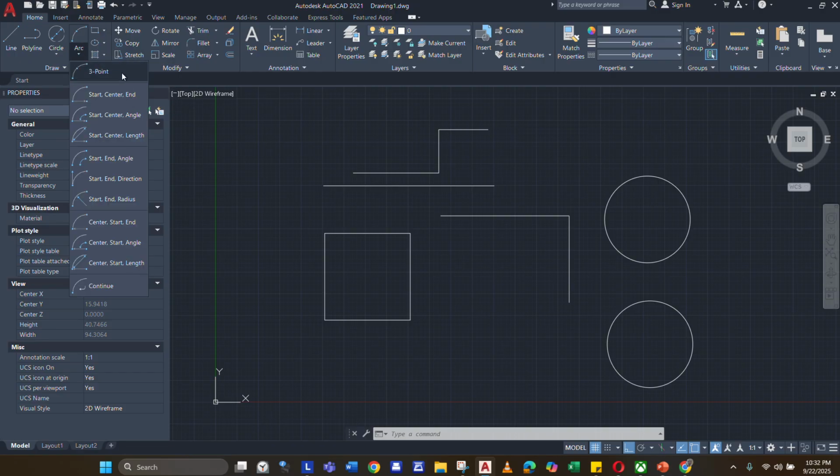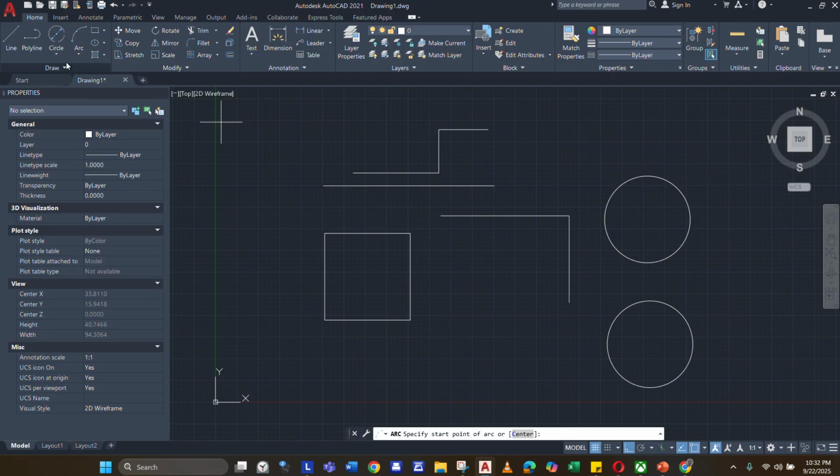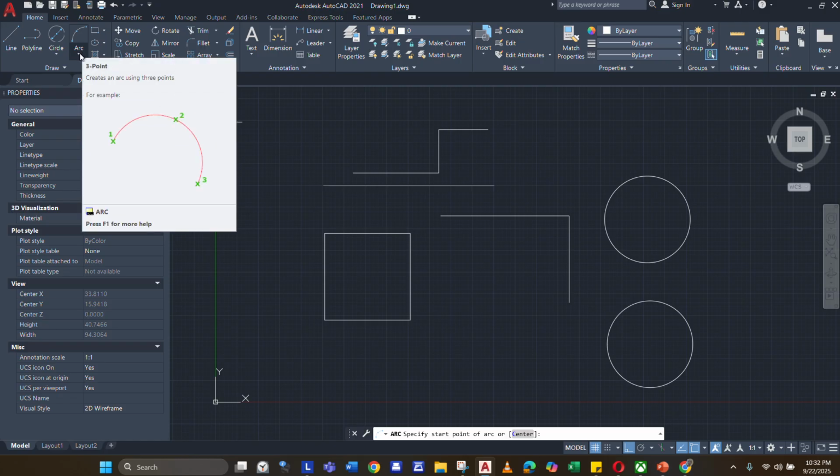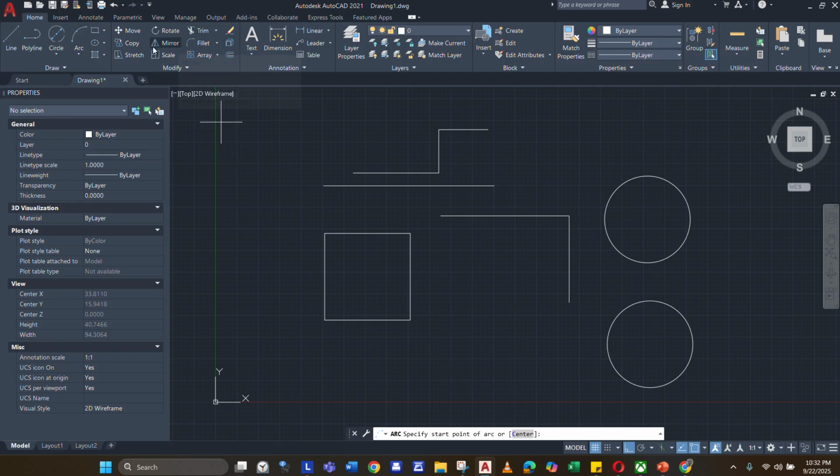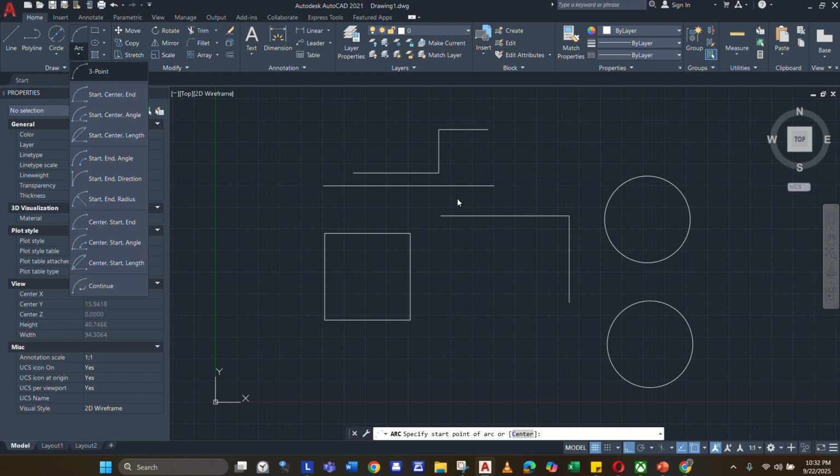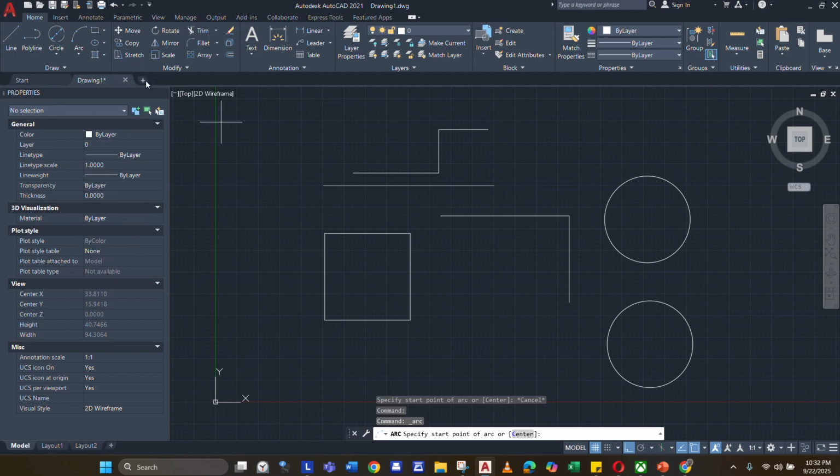On the arc command, I'm not very familiar with this one, but I'll try to explain this. Wait, let me try it out. 3 point.